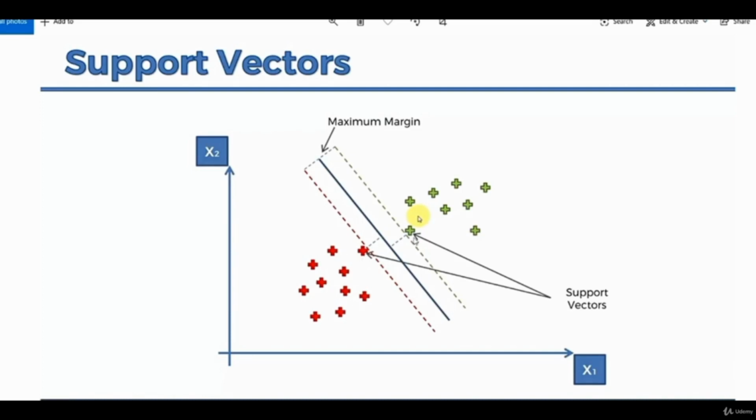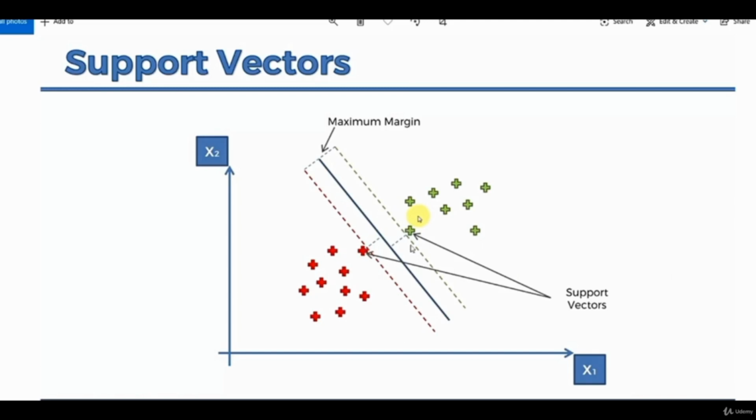And that's why these data points are referred to as support vectors. Now the margin, equidistance and the best fitting line will only depend on these support vectors. Even if only these two data points are available and these other data points are not available, the model is not going to change because it depends on only these two data points.